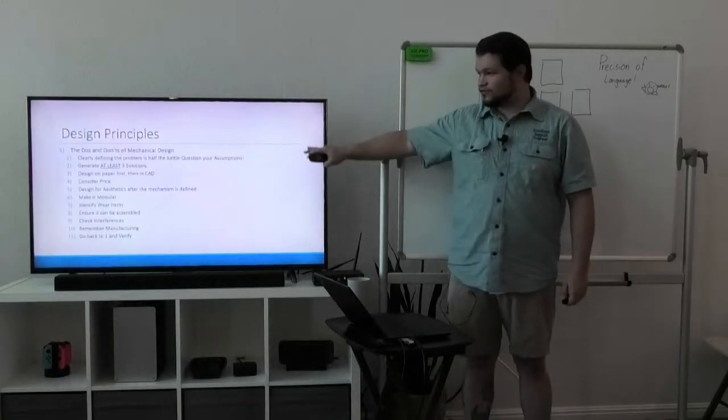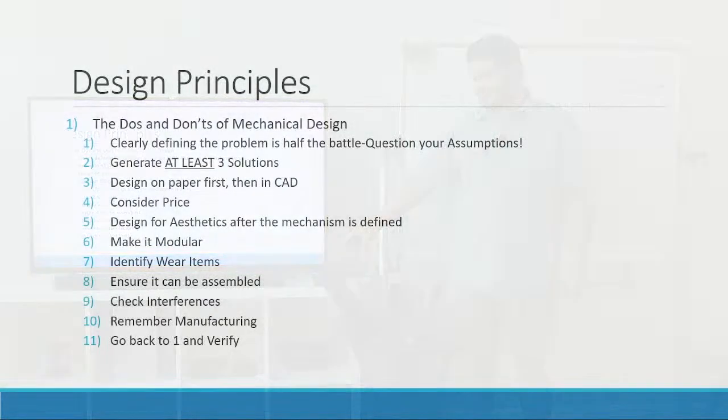This is the overview of the steps needed. So just to review those once more. Clearly define the problem. Generate at least 3 solutions when you're generating solutions. You should be able to generate more than that. And sometimes they're going to be wacky ones that don't really have any